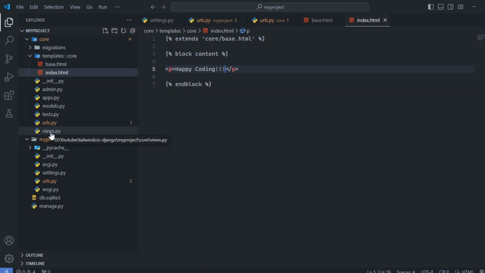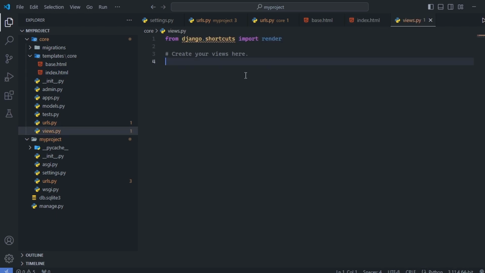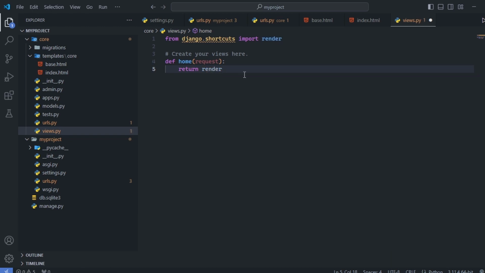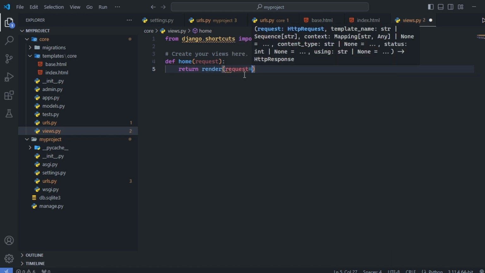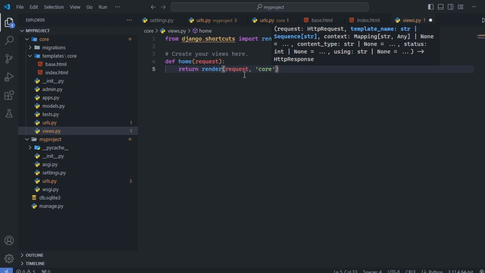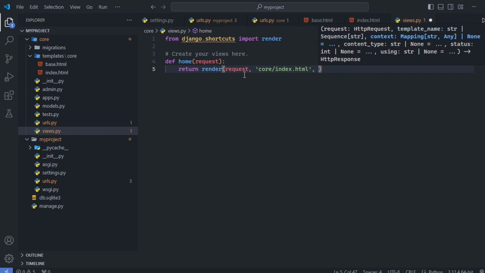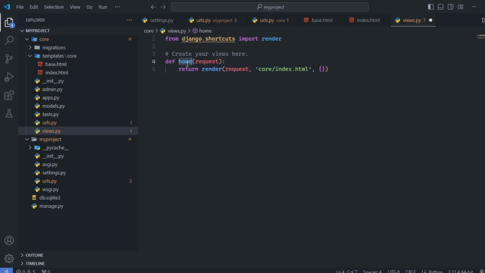Okay, click on it. Now I'm going to create my function for my home view. def. This is how you define a function in Python. Home, we have to pass request and return render request, core/index.html, which is our template, and our context dictionary as well. Save this, copy this,